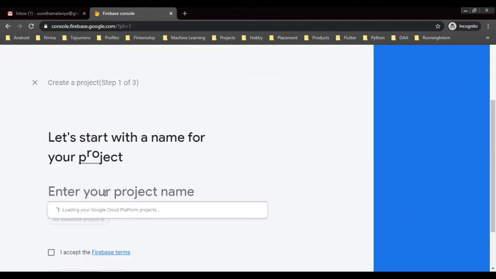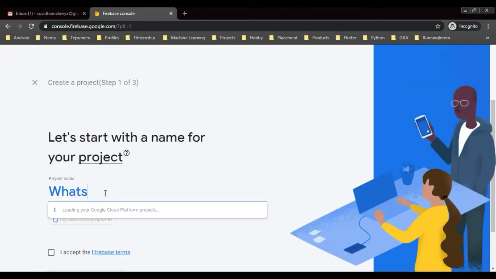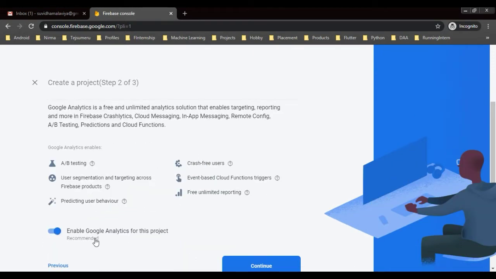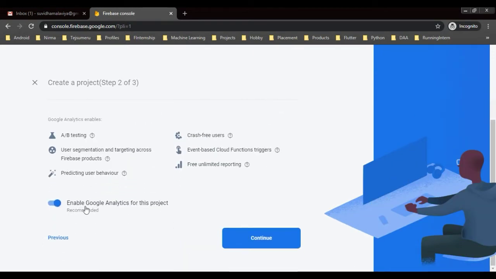You have to give your project name. I am giving it WhatsApp. Accept the terms. Click on continue. Analytics is something like knowing about the user interaction with our apps.